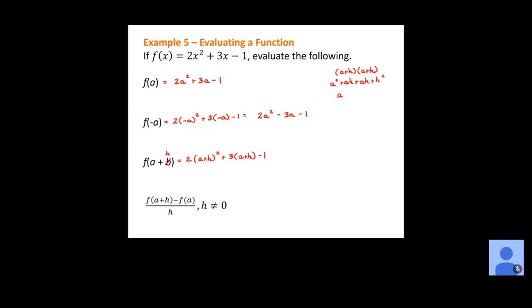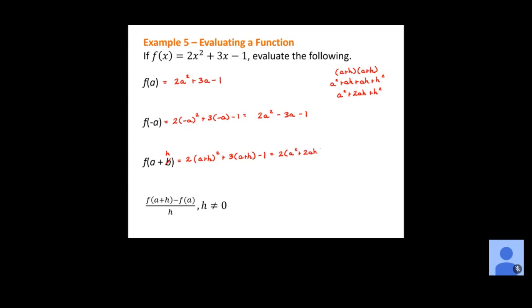That's going to give us 2ah, so a squared plus 2ah plus h squared. And again, that's the same thing you would get if you use that formula from the last unit. Okay, but again, if you forget the formula, just think you're multiplying a plus h times itself and then just use FOIL. So now this is going to give us 2 times what we just calculated up there, a squared